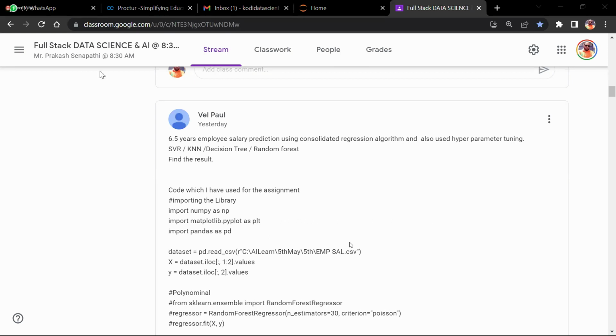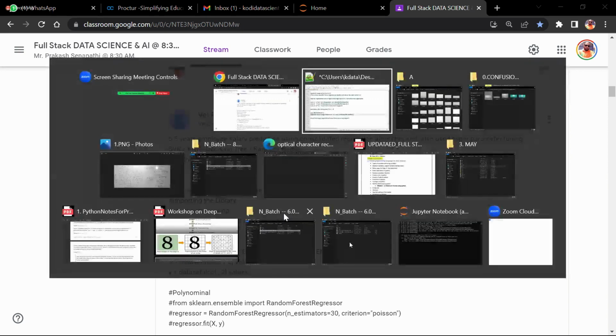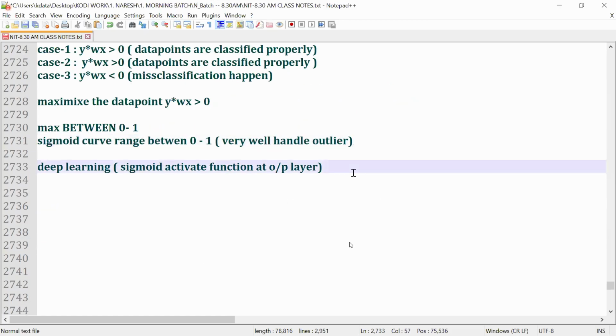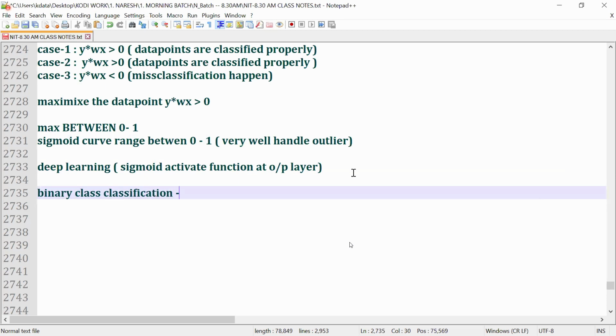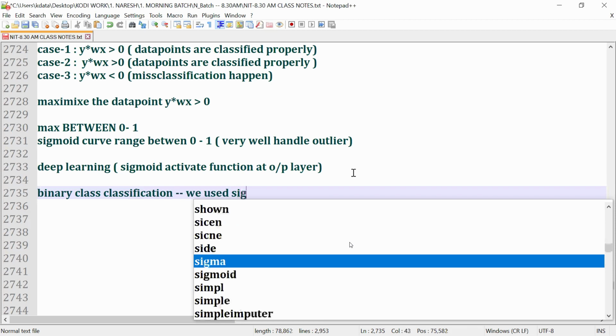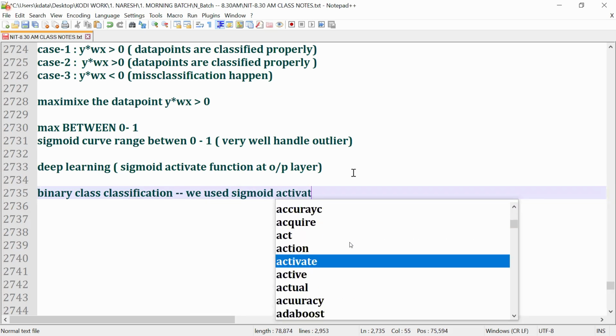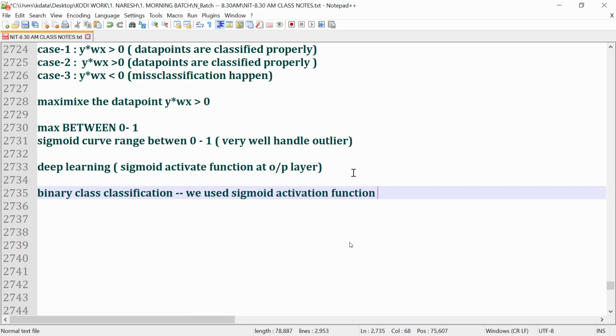Yes, sigmoid is very, very important in interview questions, guys. Even in deep learning, for binary classification, we use the sigmoid activation function. Which functions, guys? I will explain